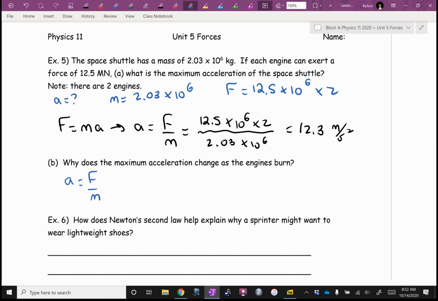As the space shuttle burns fuel, what happens to its mass? But the force stays the same. So as you divide by a smaller and smaller and smaller number, what happens to your answer? Do you know when the astronauts experience the biggest Gs? Right before they shut off the engines. Because the force thrust is staying the same, but they're at their minimum mass, they keep some fuel for emergencies. That's why if you've ever watched a space shuttle or a rocket launch, it looks very slow and majestic